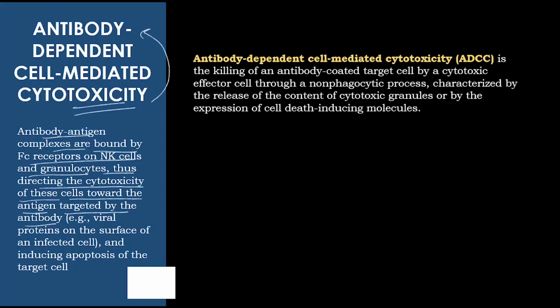What is happening here is that first the antibody will bind to the antigen, and then the Fc receptor will bind to the NK cells and the granulocytes, and after binding with those receptors, that antibody will direct the cytotoxic cells to further process the antigen,